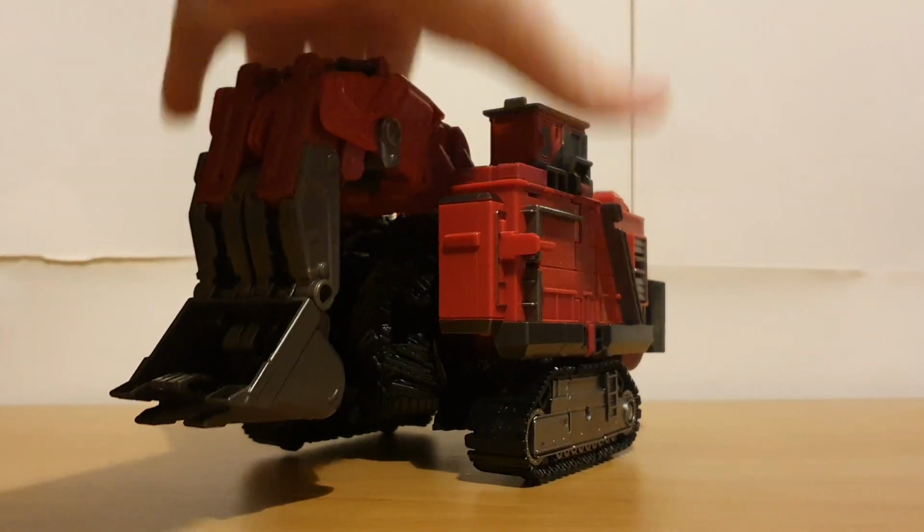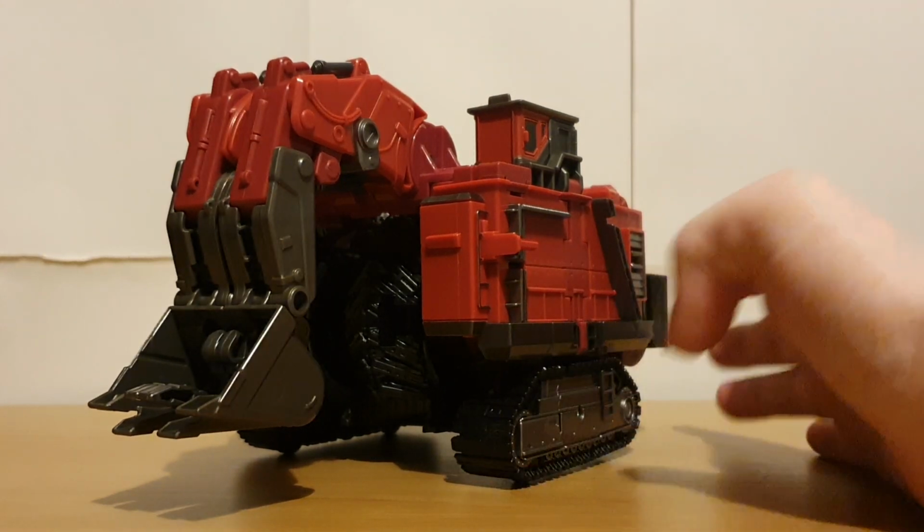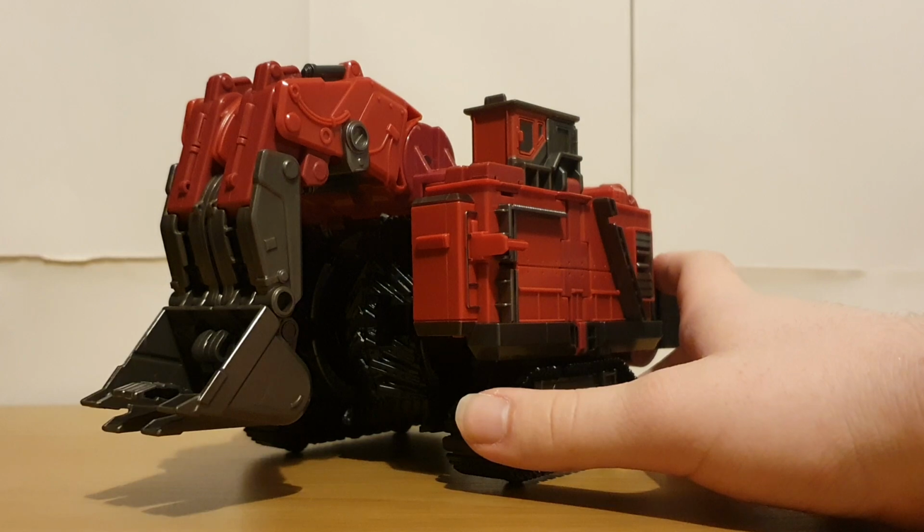And today's review is going to be on Studio Series Scavenger. And oh my god, this figure is really big. And I say that because, of course, leader class figures starting around Siege started to just become Voyagers with either extra stuff coming with them or just Voyager class figures with extra budget, like more paint or more moving parts. So to get to a leader class figure like this, who's still the size of an older leader